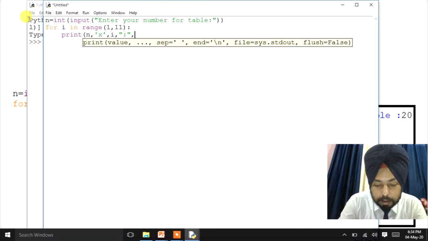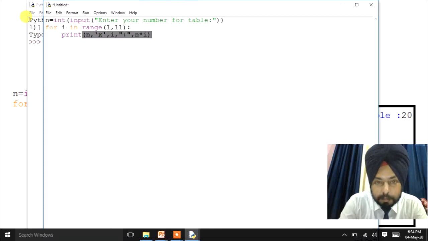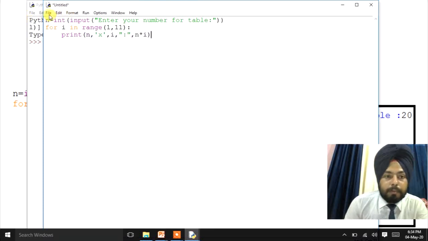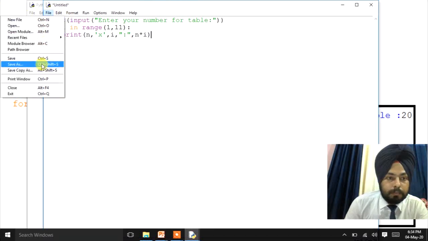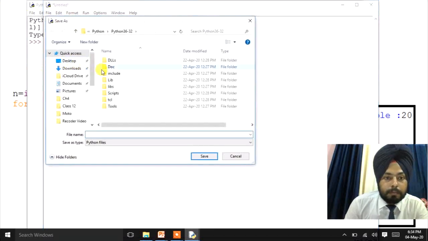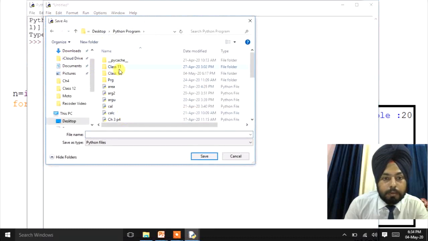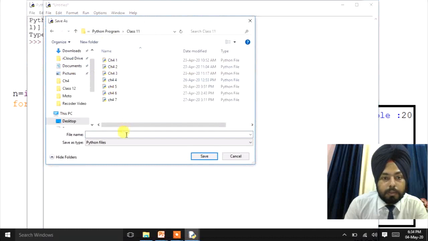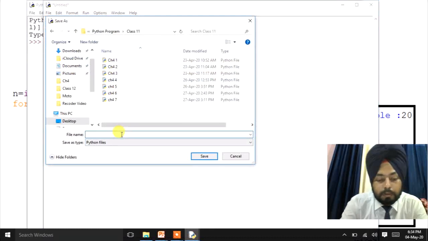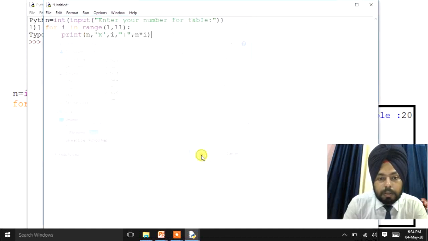Now we'll save the program in the Python programs folder, class 11. I'll save the program with the name tables. Now the program is saved.